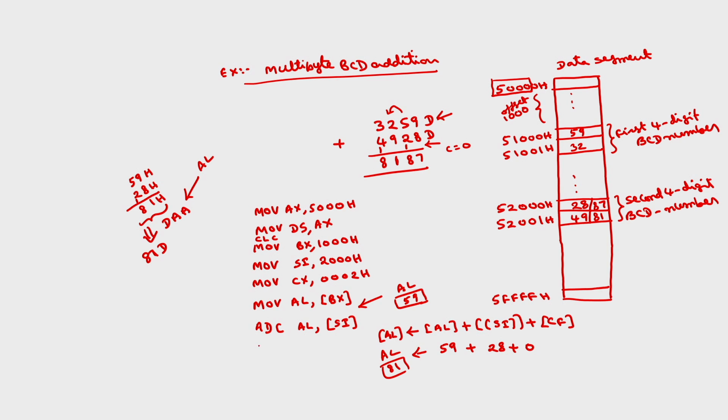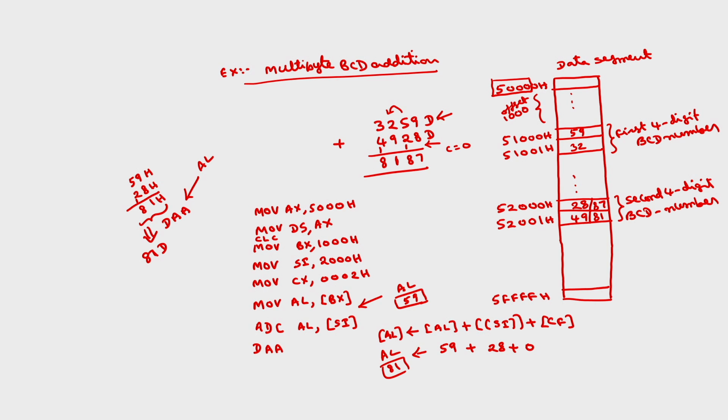So to get that, after this you have to write DAA, so that in AL we will get 87. Then we have to decrement CX until CX is zero, since there are only 2 bytes. If I want 4 bytes, I simply load this with 4. So this can be extended to any number of bytes. The next instruction would be to decrement CX, but if I use the LOOP instruction, the CX decrement is inherently present. The second bytes are pointed to at 1001 and 2001.